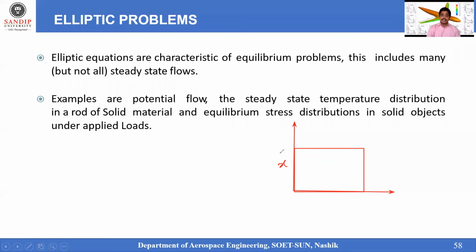The elliptical flow problems are considered. In order to best explain this, I am talking about the characteristics of the equilibrium problem. Let me take an XY plot, and for example, it is bounded by the A length, this is bounded by the B length, this is bounded by the C length, and this is bounded by the D length.